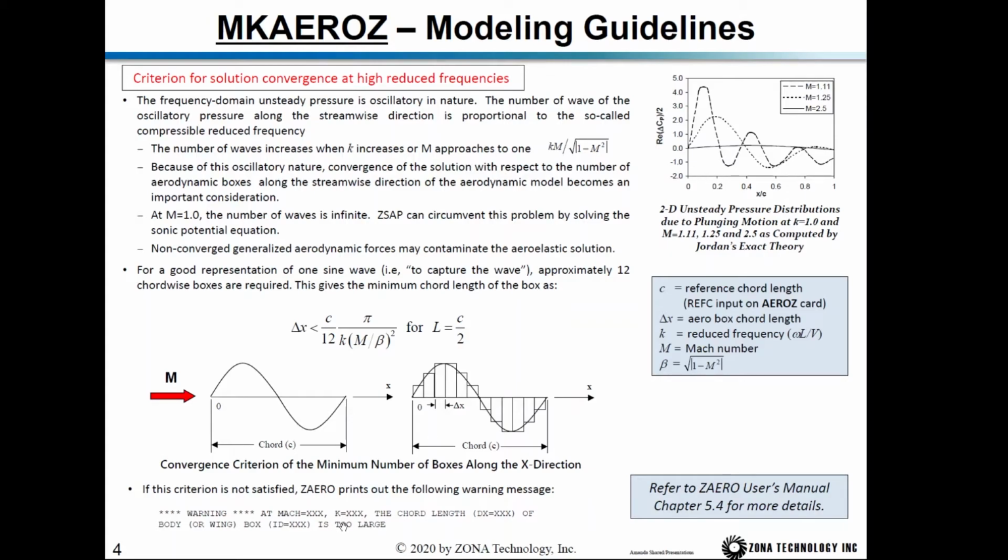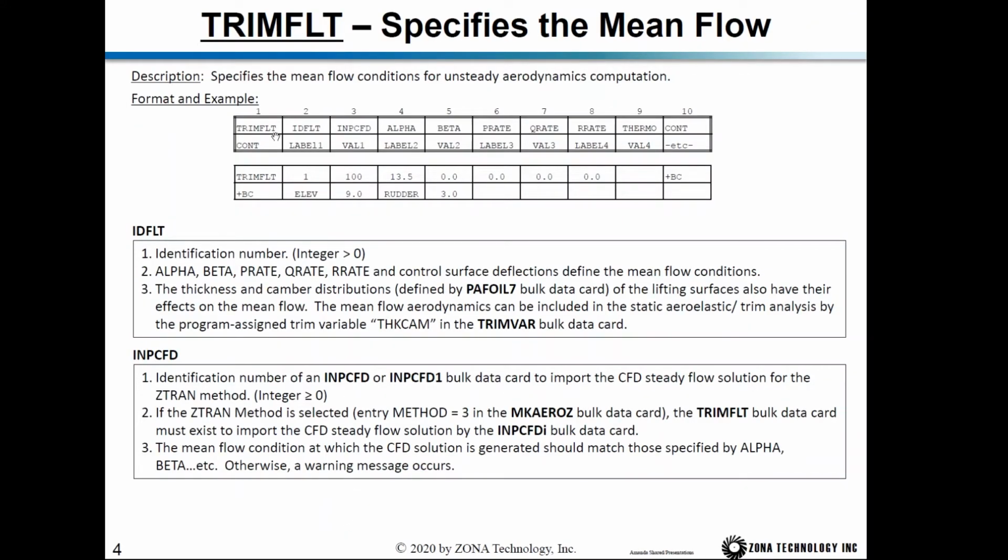The TRIM FLT card is referred to by the MKLZ card, and in this card you specify the mean flow condition in terms of angle of attack, beta, roll rate, pitch rate, and yaw rate, and the label is the control surface label. You put a value in terms of degrees of the control surface deflection. So this defines a mean flow condition, and this entry IMPCFD refers to